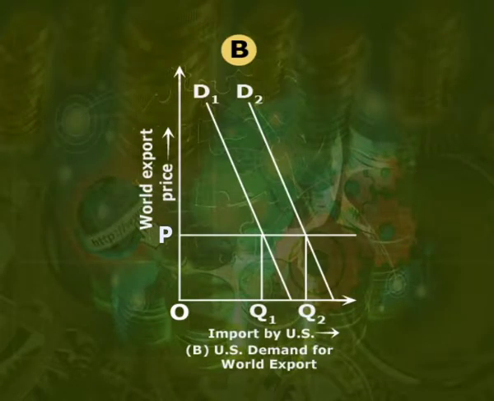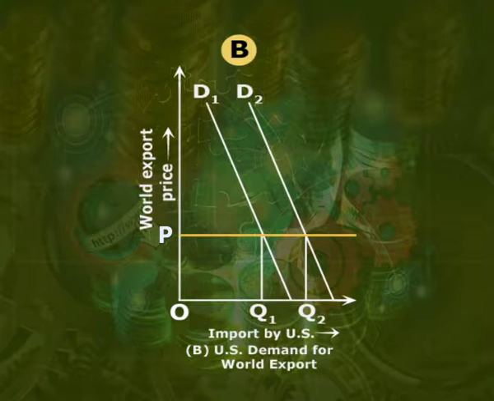In figure B, the demand curves are drawn so as to have a price elasticity of less than unity, on the assumption that the United States does not find close substitutes for those goods and services offered by the rest of the world. It is also assumed that world export prices remain unchanged, no inflation abroad. Under these circumstances, the US finds the rest of the world a cheaper place in which to purchase, and consequently